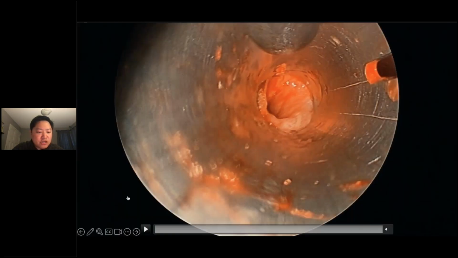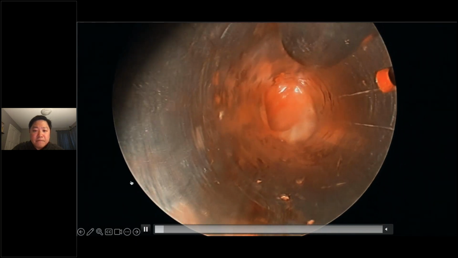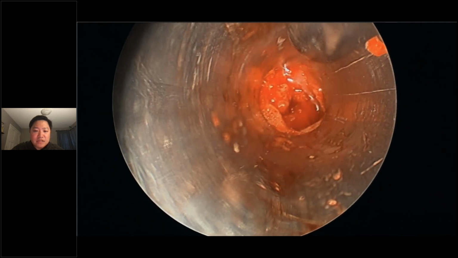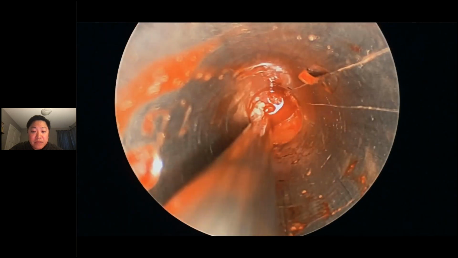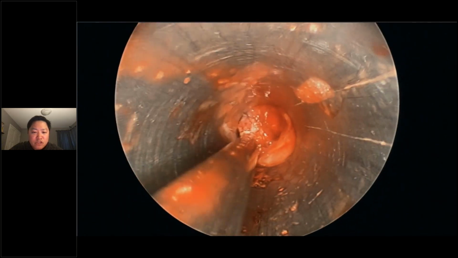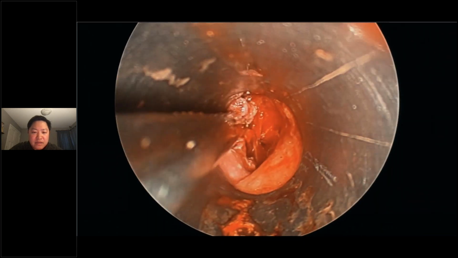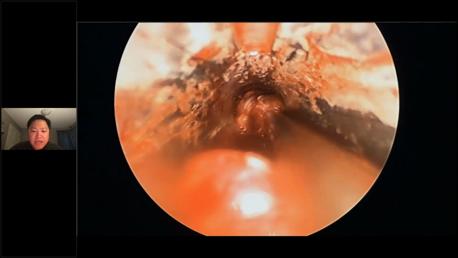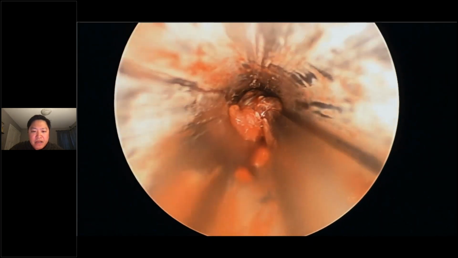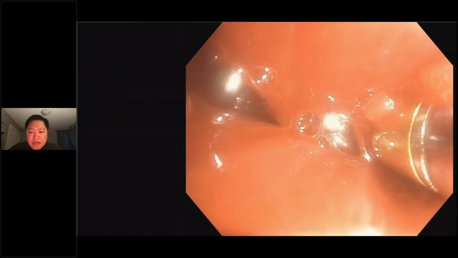So for this patient, I want to show you the video of what we did. I don't know if you remember, but it's a left upper lobe mass causing left main stem obstruction. We saw from the airway contrast images that in the left upper lobe there weren't distal patent airways, but there were patent airways in the lower lobe. So we decided to do the left main stem debulking.